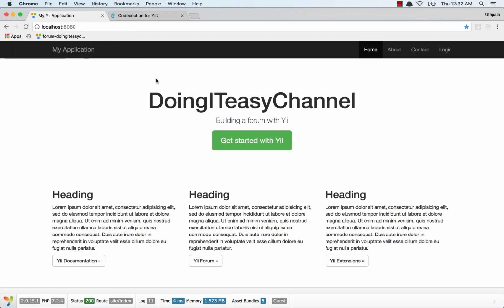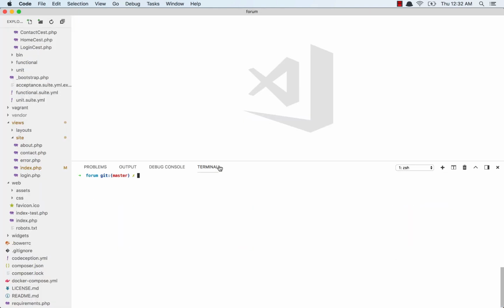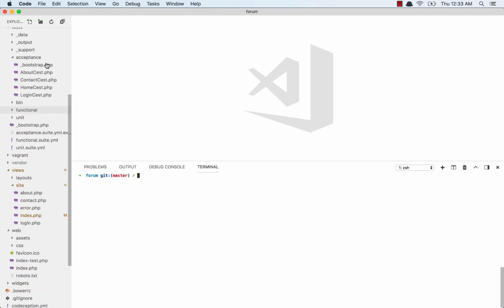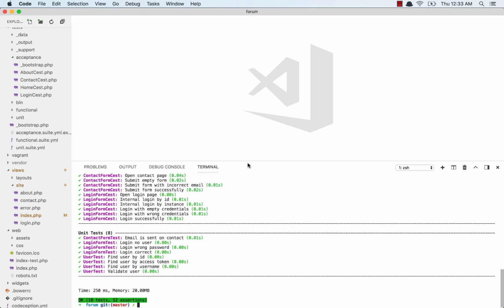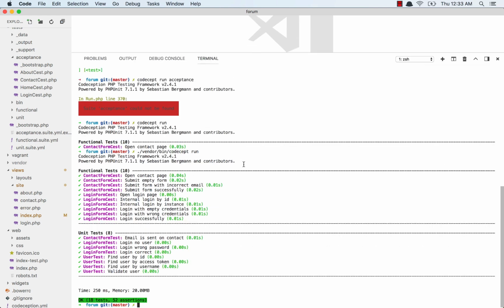So in the Yii basic application template, the development team has written some tests for us that we can run. To run this, you have to go to vendor, bin, Codeception and type in run. As you can see, there are a few tests written and everything is passing. This is some early error that I got, but this is the command